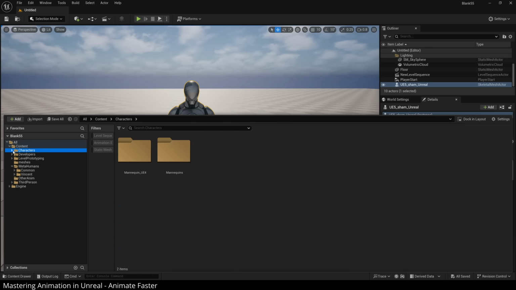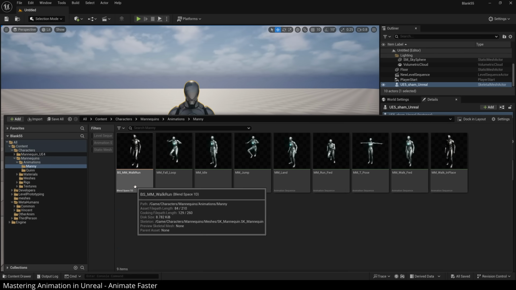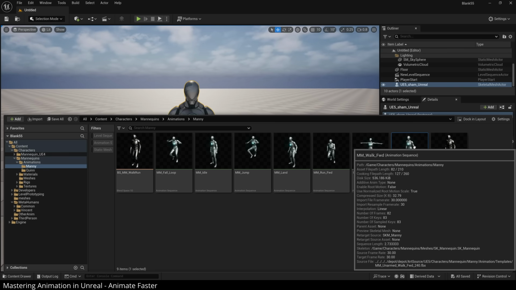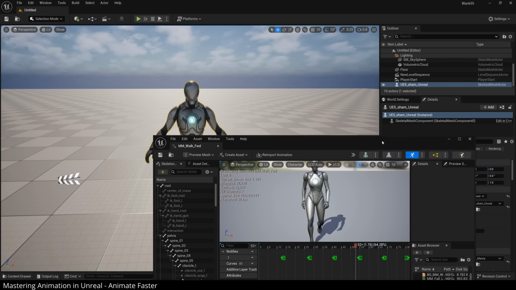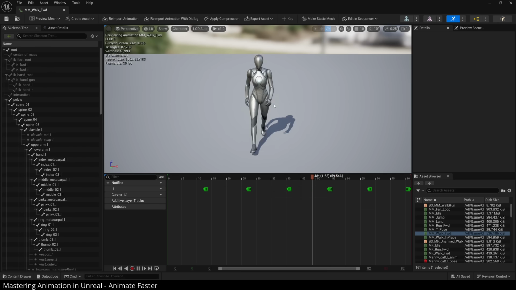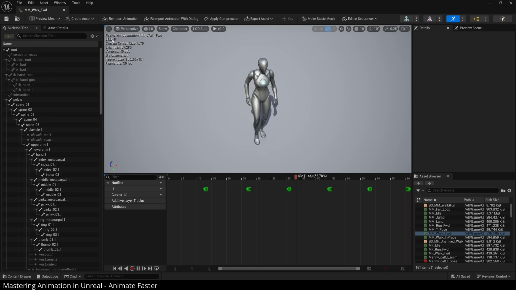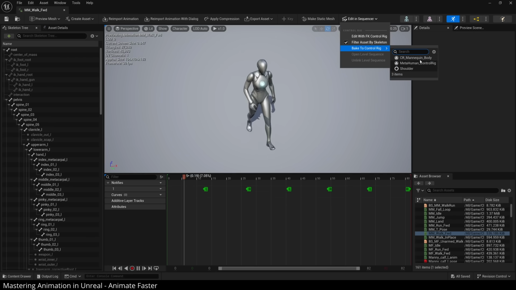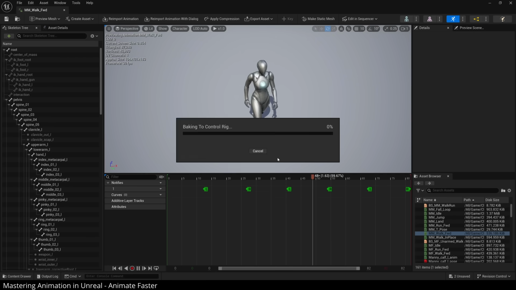So if I go to characters, mannequins, animations, and then we'll select Manny, and we'll go find a walk animation. So here's run forward, there's walk forward right there. So we'll go ahead and double click that. That's going to open up the walk animation. Pretty decent. And let's say we wanted to make multiple variations of this. So we'll go to edit and sequencer, bake to control rig, CR mannequin body. And when it bakes, click bake to control rig,